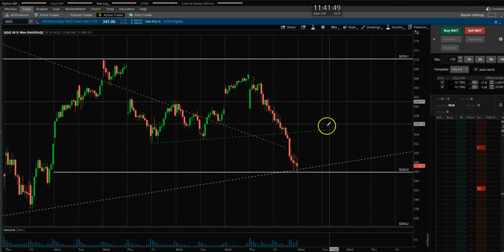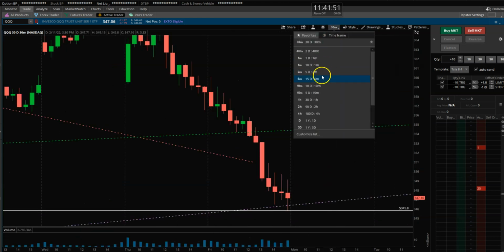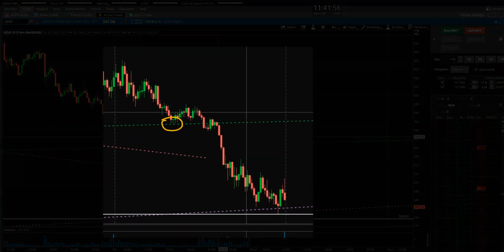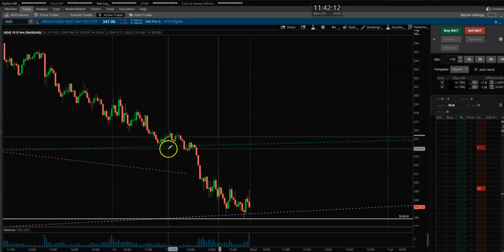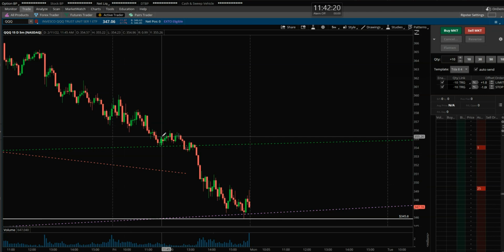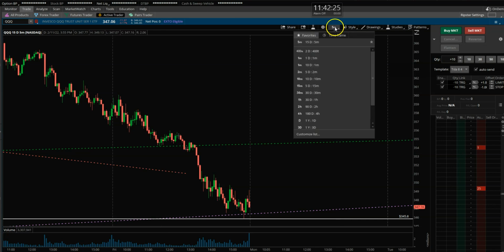Okay, so let me drill down to a 5-minute time frame, right? And here is exactly where we broke down, or we bounced a little bit, not a whole lot of bounce, but maybe a point or two, and then we just cracked through it towards the end after like 12 afternoon. So yeah, we kept on falling down after that level broke down, that trend line. So the better plays are on the short side all day, right? So I don't know how you can play calls or long trades on that day, especially on the tickers that we actively follow and trade, right?